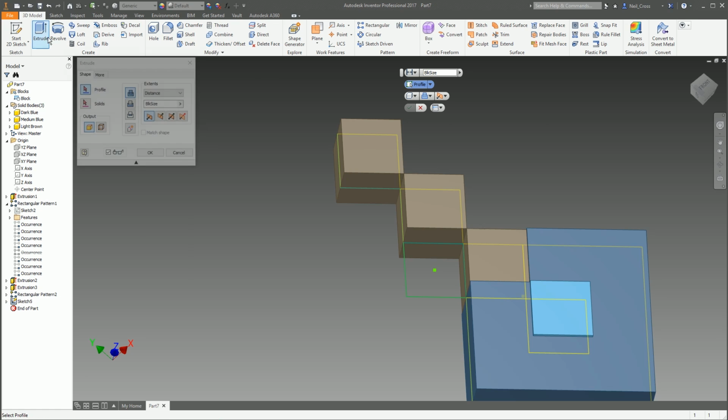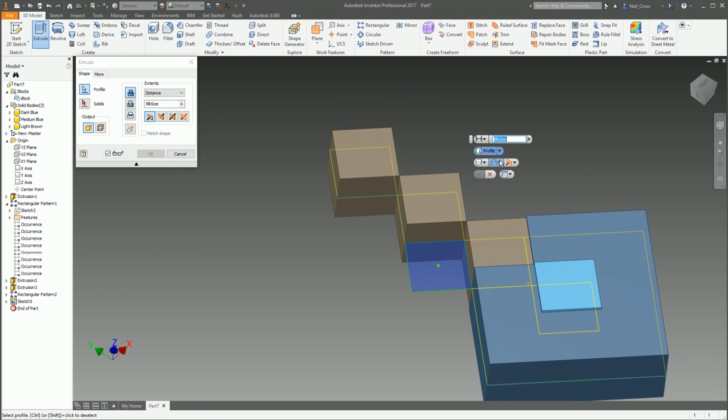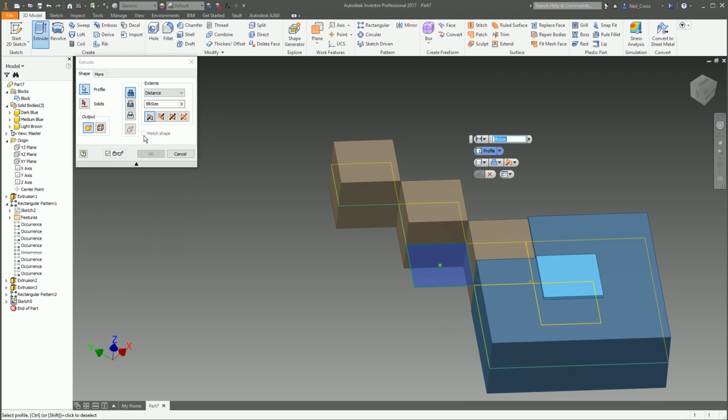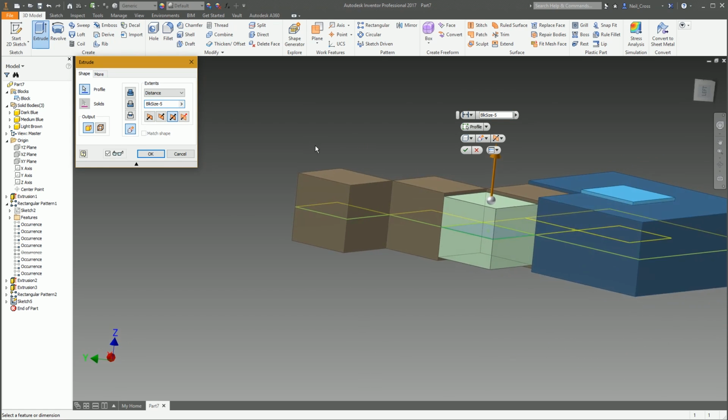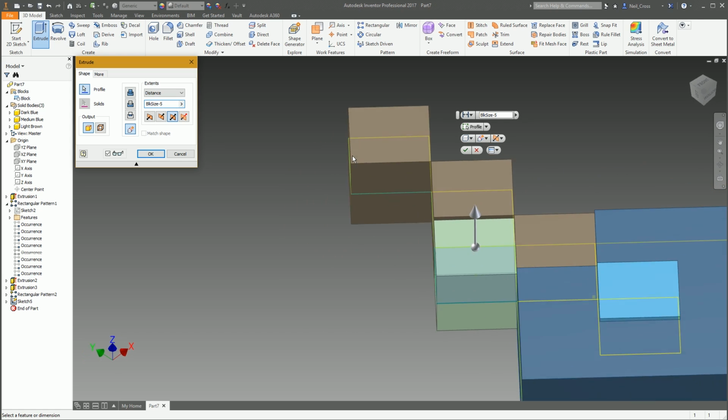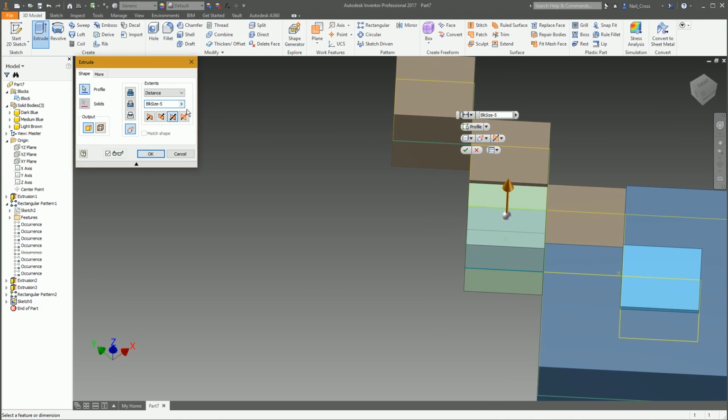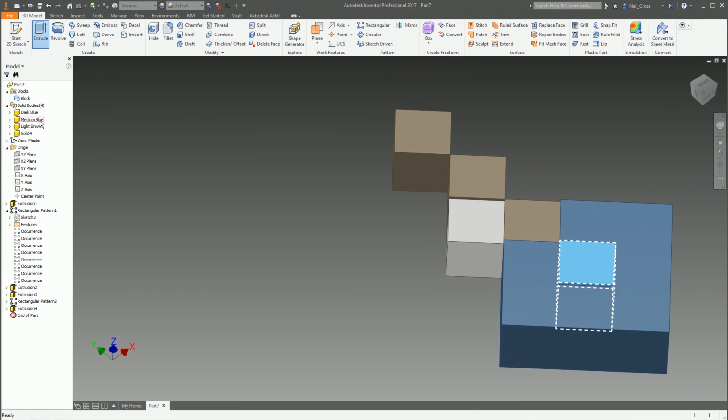Finish that, extrude it, and then this one, like I said, there was a bit of a recess. This is going to be another new solid, so you could say block -5 mil, make it like that. Yeah, that'll do. Right, and that's another new solid. So this solid is going to be the dark brown